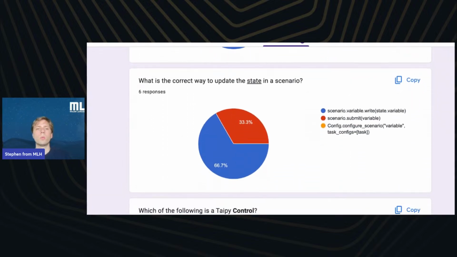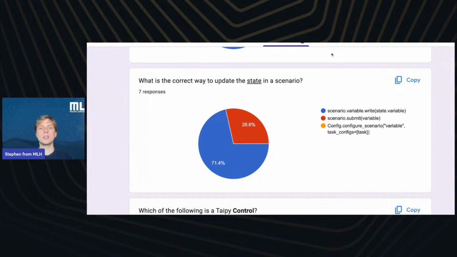And then I asked, what is the correct way to update the state in a scenario? Remember, a state is a particular user's instance or session in the program. For example, in the Hello World application, a state for me would be the name equal to Stephen, and the message would be hello Stephen, because that's my name, but your state would look different. That's to make sure that we don't run into each other on the same web application, so that many users can have a session going at the same time.